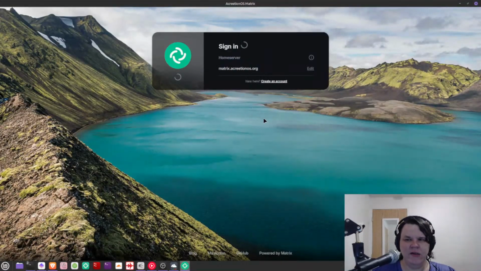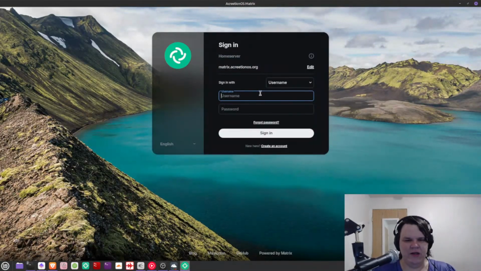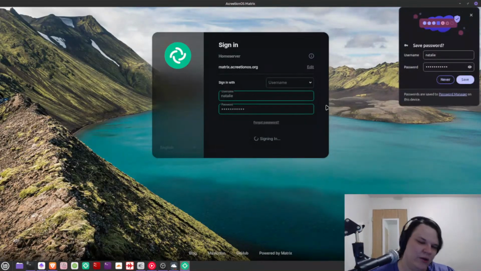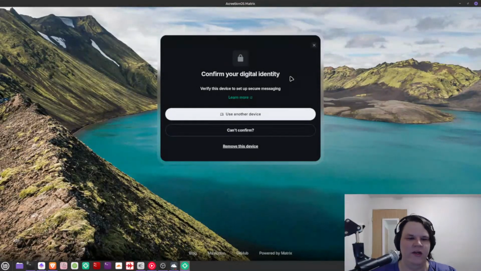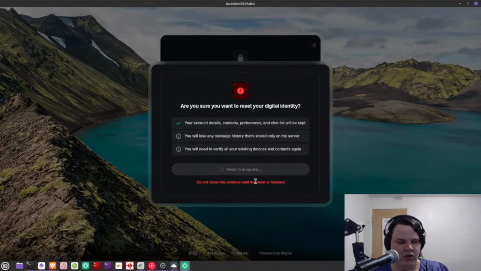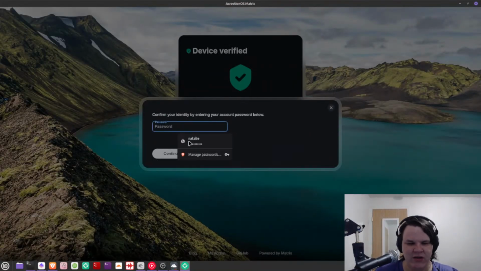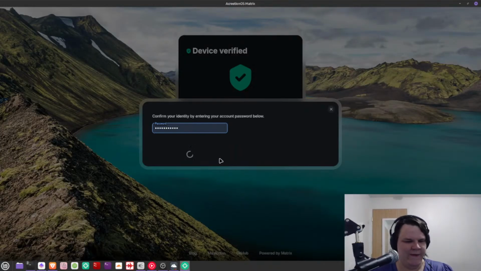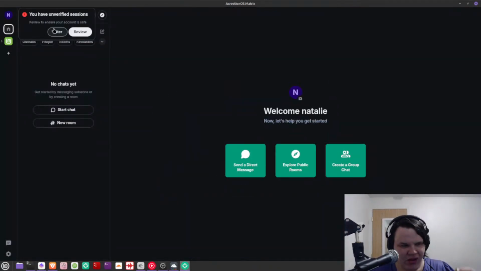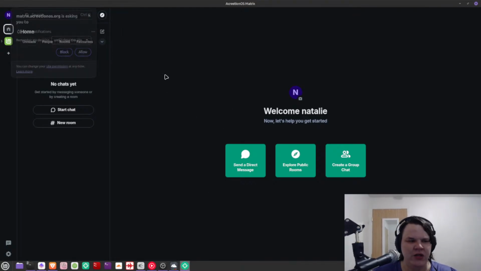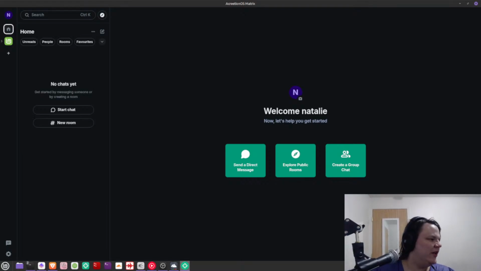Cool. So we'll assign. As you can see here, it's going to go ahead and auto put in your information. So my username, password. You guys should be able to register if you really want to. It should be plenty fast enough for basic communication. As you can see here, it took a second, but confirm, continue. It should be fairly easy for you guys to do things. So my password. As you can see here, that was pretty easy to reset your session. You can hit notification, give it notification permission, let that do its thing.